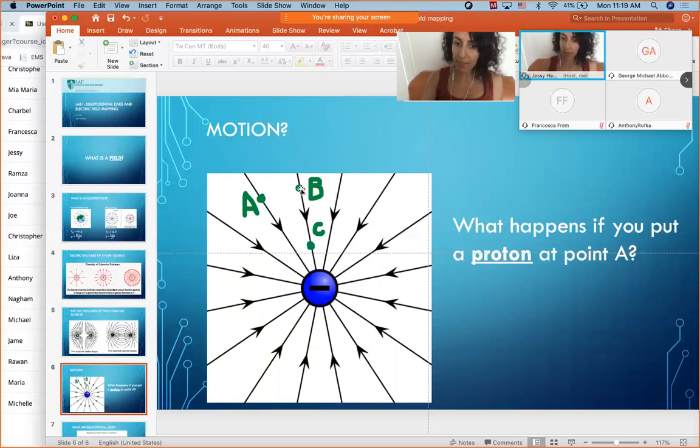If the proton was placed in B, it will move towards the source passing through C. So as the proton is moving from B to C, you have a potential change between B and C. B and C are 2 points that have a different potential. So the potential at B is different than the potential at C. I need somebody to try to explain to me, do you believe the potential at B is greater or less than the potential of C? Maybe start with a definition of potential. Anybody can discuss the potential of A, B, and C?